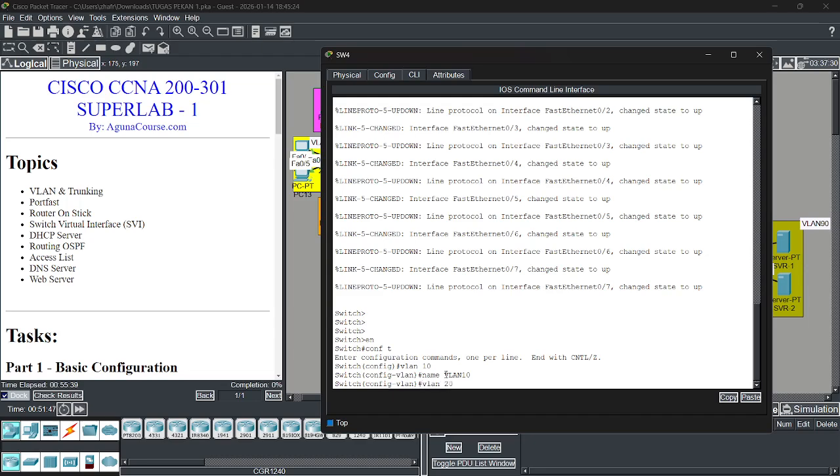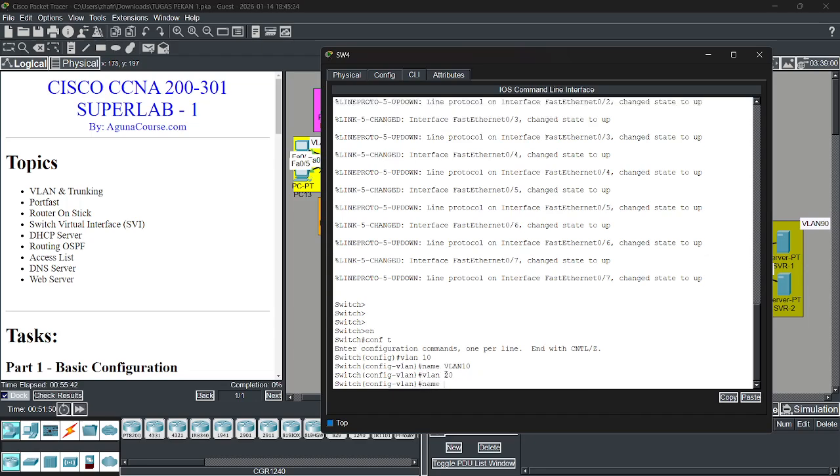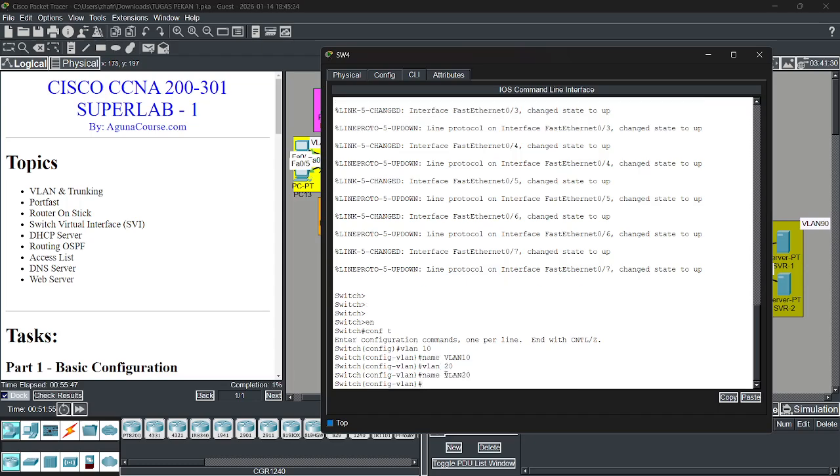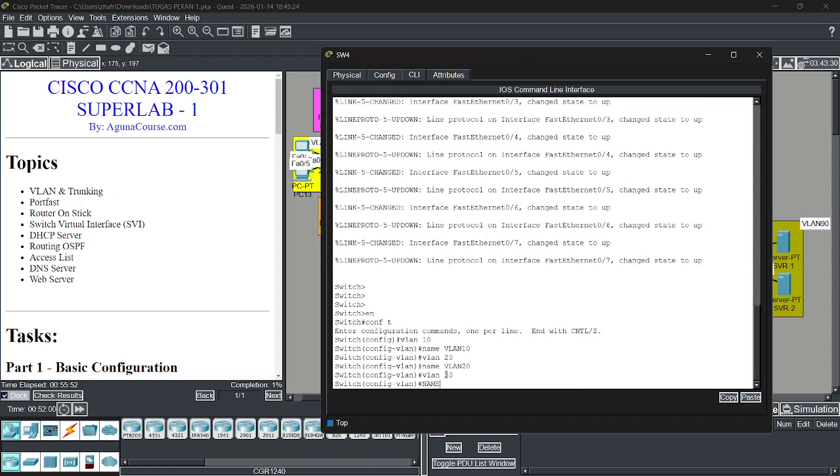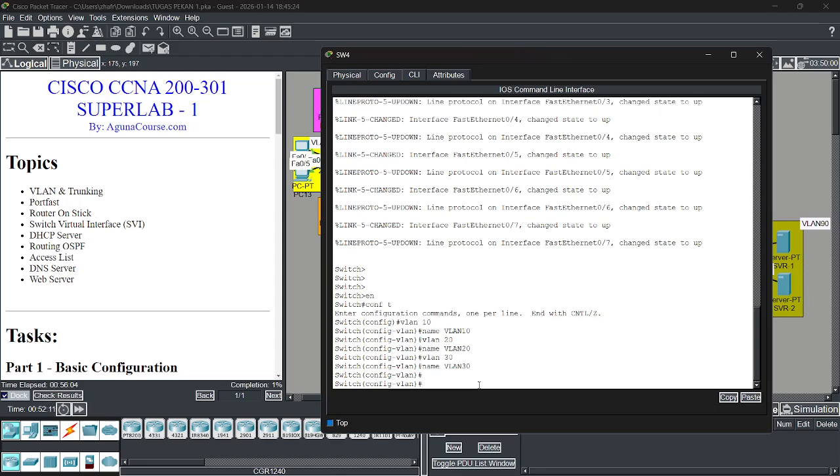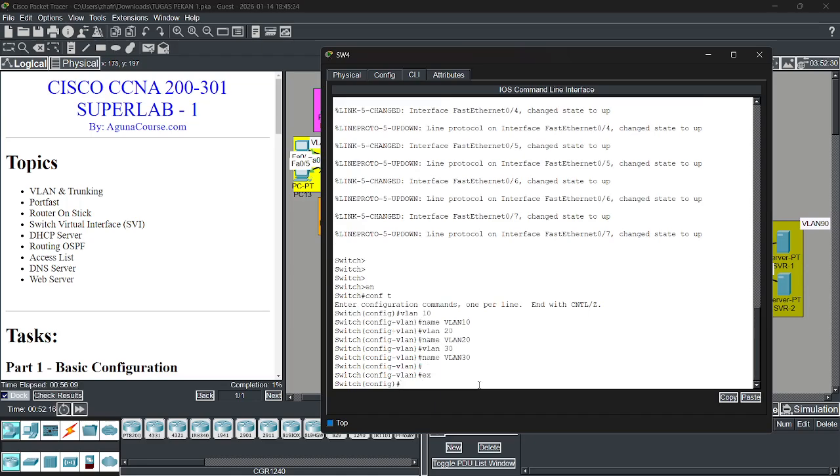Then VLAN 20 and VLAN 30 with their names. Usually the name of a VLAN is whatever you want, but I use names similar to the VLAN ID.